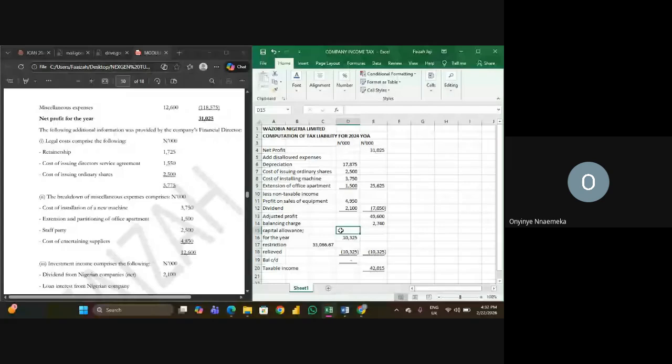You add them back. Then you check income that are not taxable. You also remove them, so we will not tax them again. After that, you get your adjusted profit. After your adjusted profit, you adjust your loss. If you have any loss coming from the previous year, when you adjust your loss, you have your assessable profit. You adjust your capital allowance, then you have your taxable